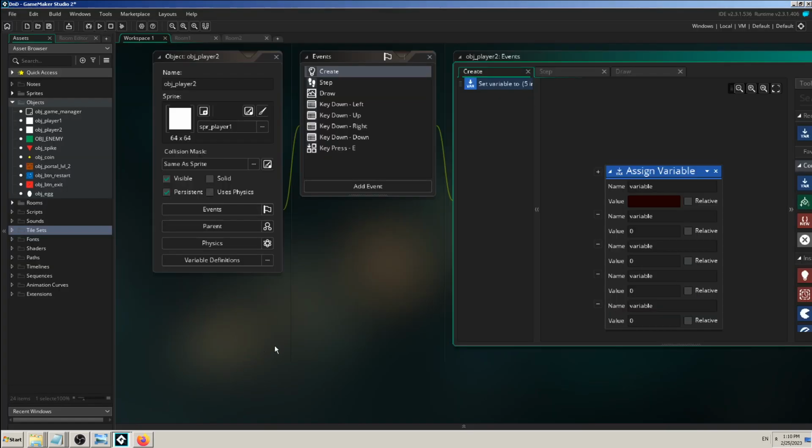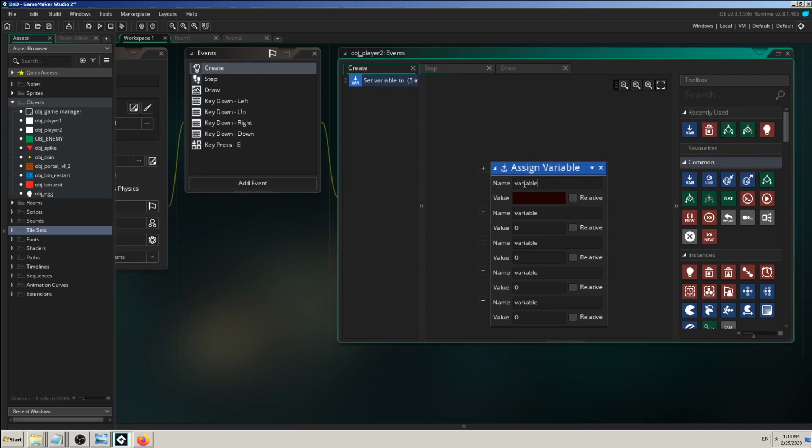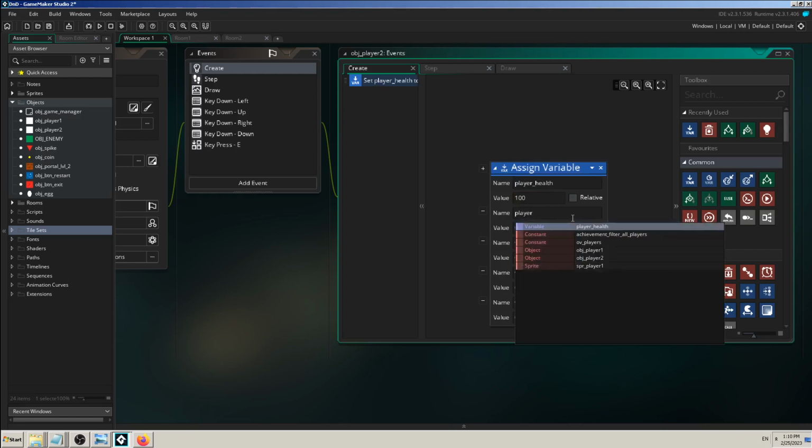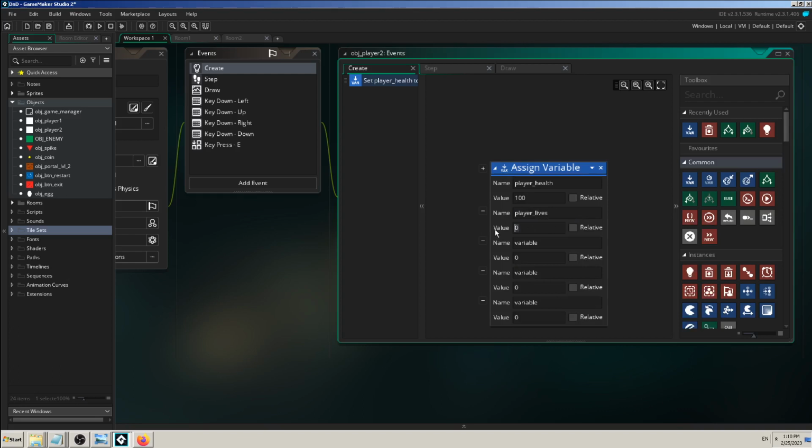You can define custom variables like, for example here, name, instead of health I will call it player underscore health, and I will put value 100, then player lives and so on, value 3, and later if you need those you can use them, if you don't need them just delete them and so on. But I just wanted to show you how easy it is to define custom variables and then later use this if